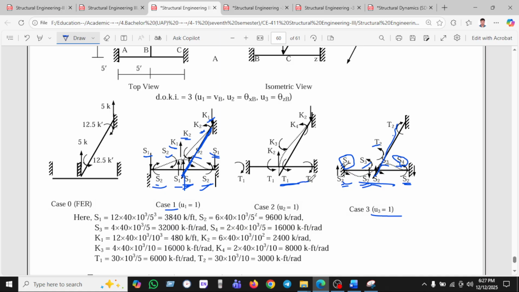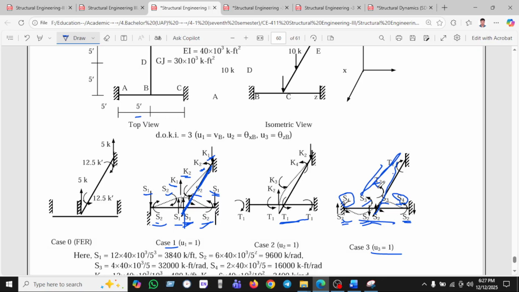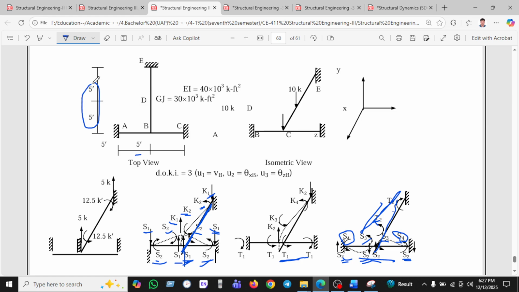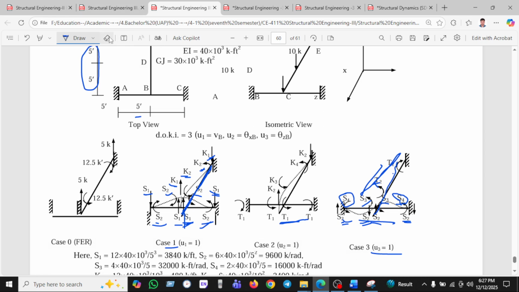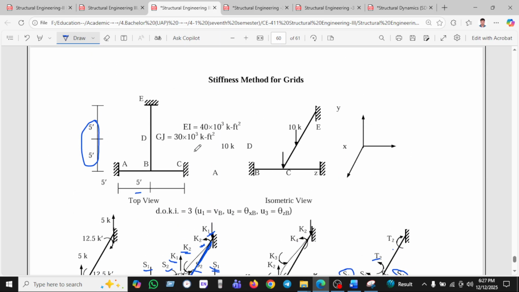We are just giving the names T1, T2. As we have seen, T1 is here, the length given is 5 feet. On the other hand, these lengths are not equal; we have seen this length is 10. That's why we are giving the name T2. Okay, so now we apply all the formulas here: S1 12EI by L cube, S3 4EI by L, K1 12EI by L cube, K3 4EI by L, and T1 means JG by L. JG is given in the question here,